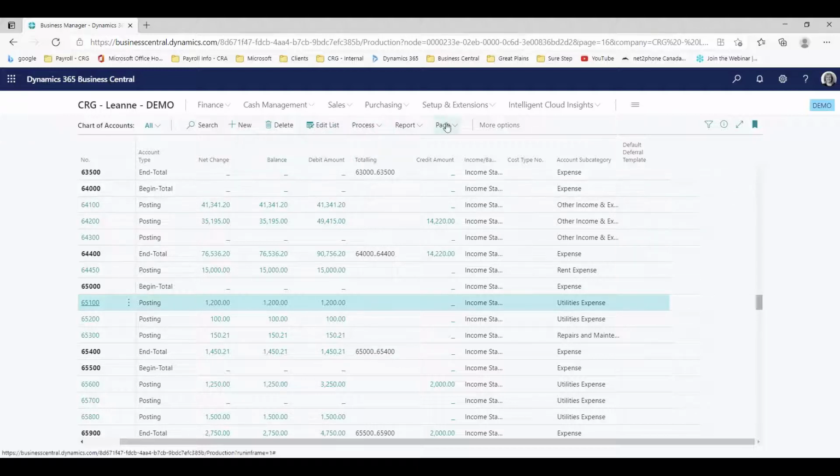I can also open up things in Excel. It's a Microsoft product, so you know Excel is going to work with it. And Business Central actually allows you to open in Excel, and it also allows you to open as edit in Excel. The difference here is that if I was to open in Excel, it'll just export the data to Excel, similar to what SmartList would do now. But if I were to choose edit in Excel,